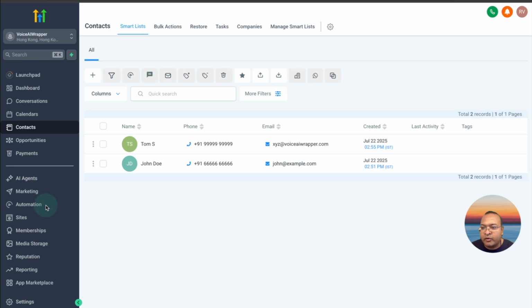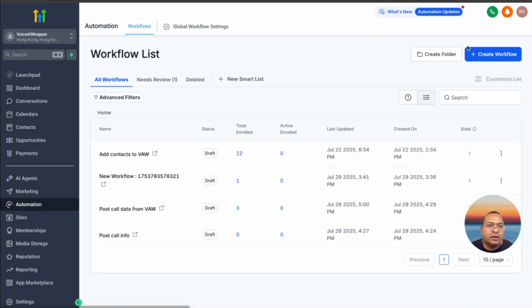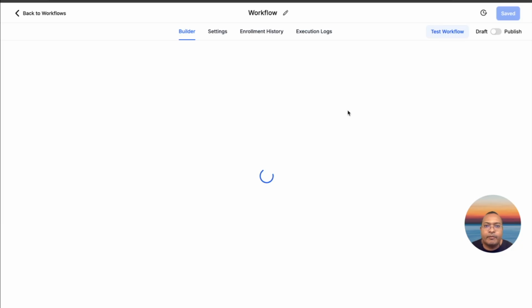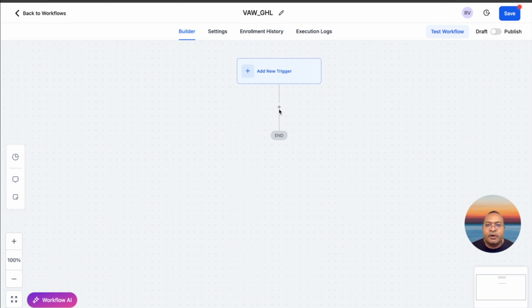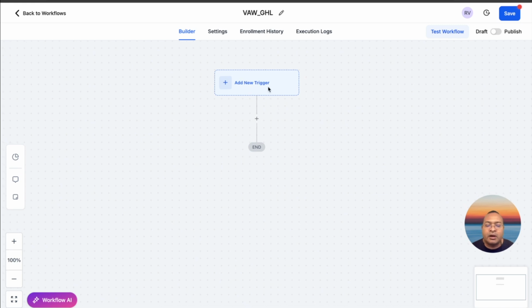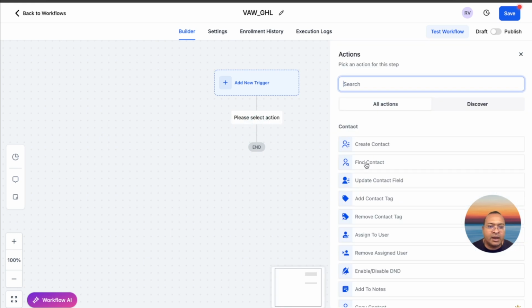Now I'm going to head over to automations, go to workflow inside automation, and create a new workflow. Okay, so I'm going to say VAW underscore GHL, just to make sure. Right, perfect. Now I need to configure the workflow. So I'm going to keep the trigger open because I don't want to restrict it. Now the first automation that I'll search for